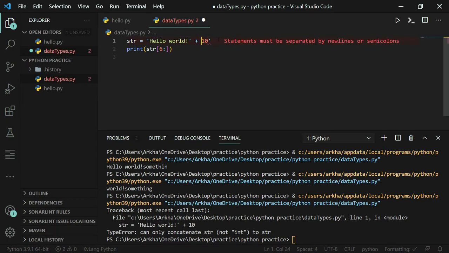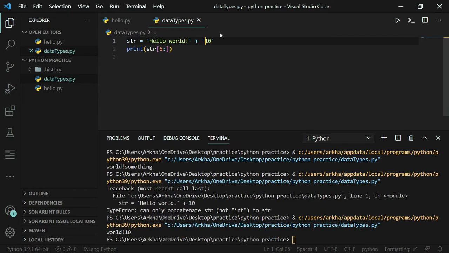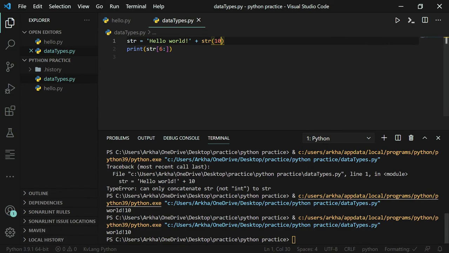We have to convert it into string like this, then it can be concatenated, that is world 10. And if you don't want to do it like this, you can do it str of 10. So this is a method which will convert 10 into string. So you can see we got world 10.